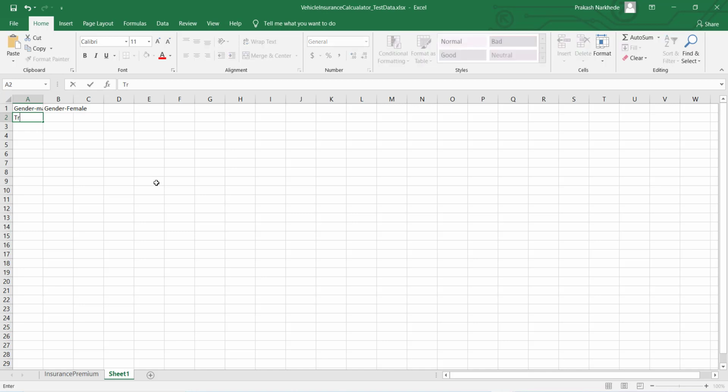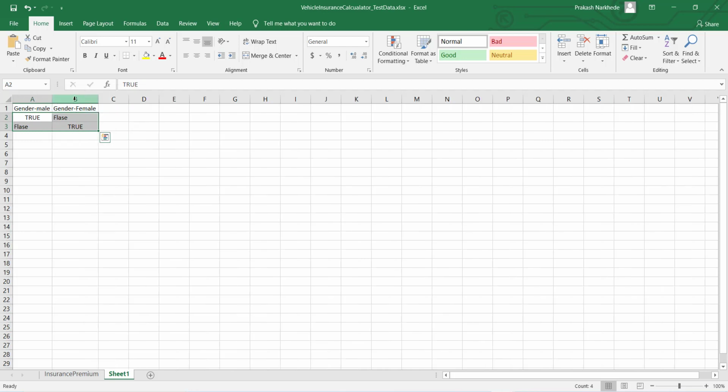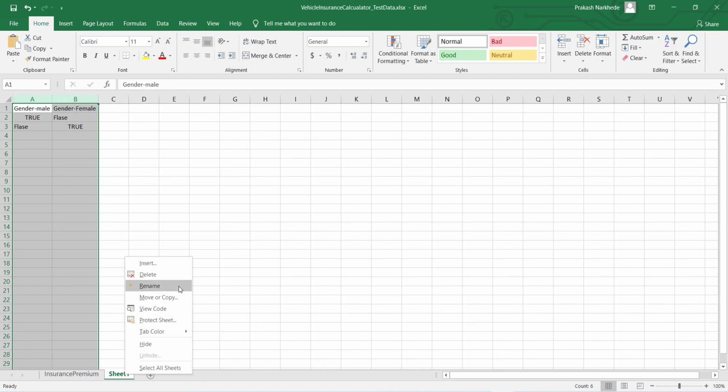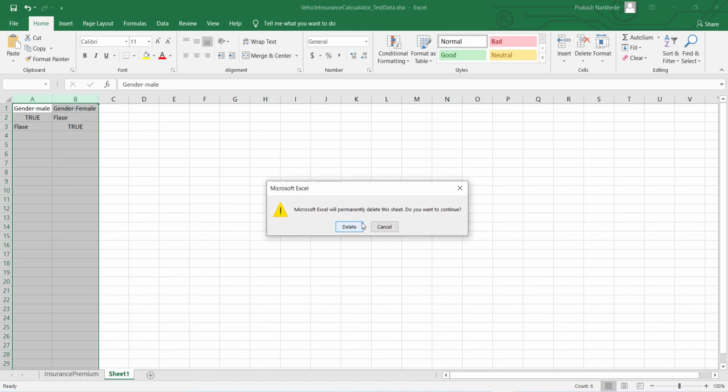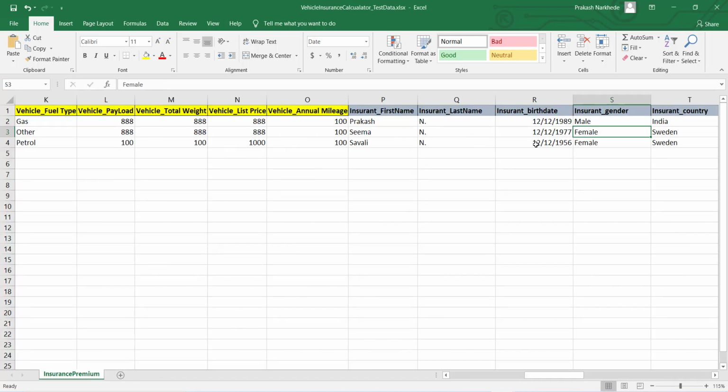And in actual test data, if you want to send gender as male, then you will see this option as true and this as false. If you want to select gender as female, then you will see this option as false and this option as true. Few people prefer using this particular approach. But I don't like this approach because it unnecessarily increases one of the columns and adds a few more validation points into my test case, which I don't want. So the simple approach I'm keeping is just provide what I want to select, either male or female.